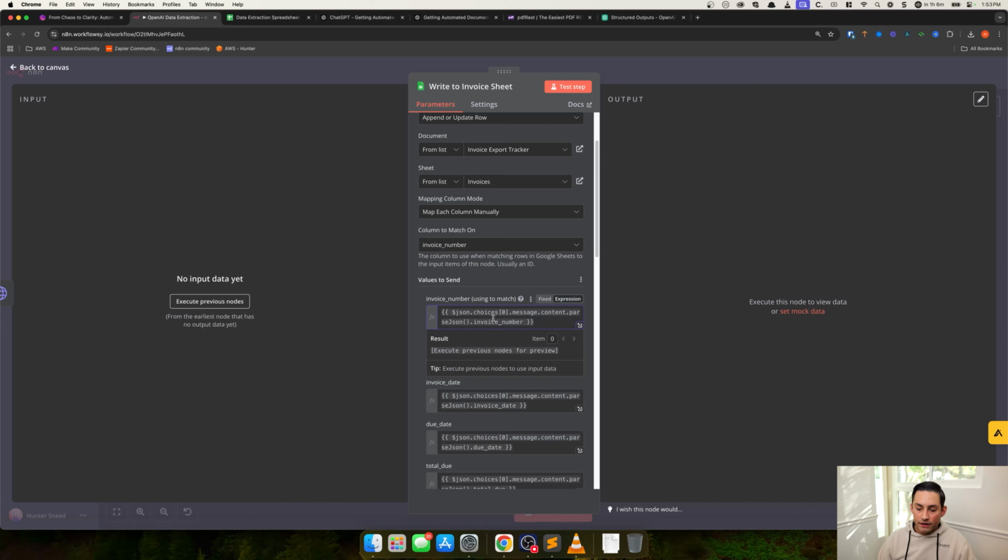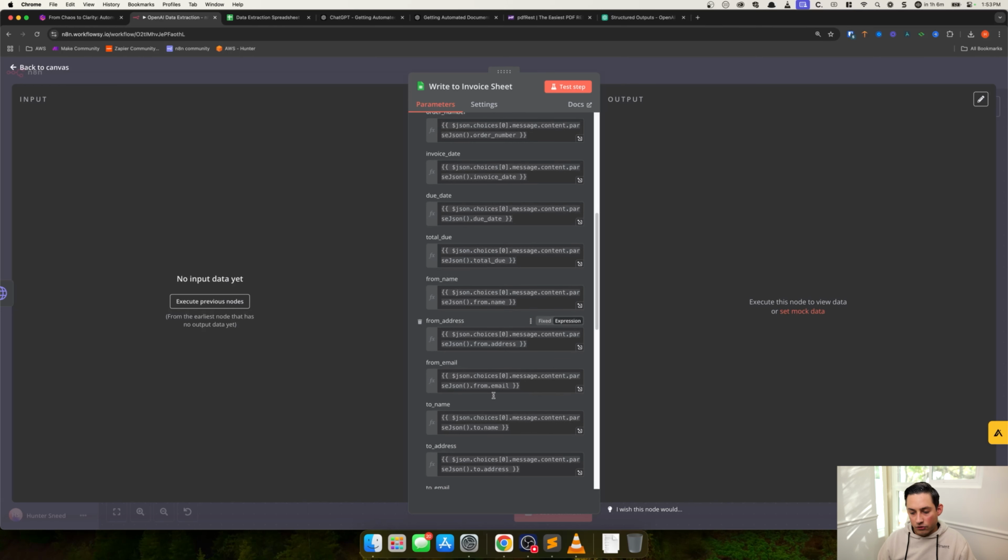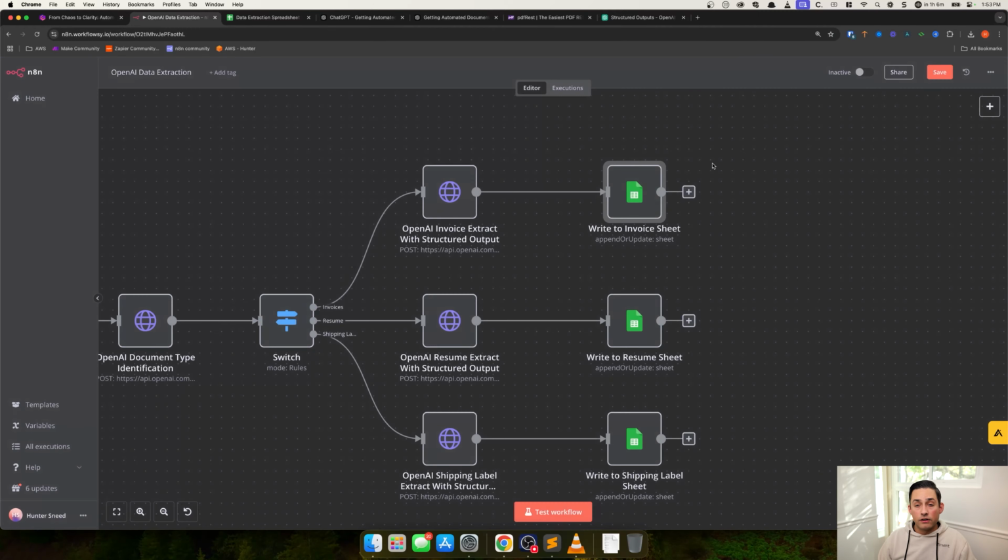But basically what's happening is it's looking at the message content from OpenAI, and it's pulling out the invoice number, the invoice date, the due date, from address, from email, to name. And it's going to do it on a best effort basis. So if that information does not exist in the document, it'll just be blank, which is fine. But if it does, it'll populate that and then store that in an actual